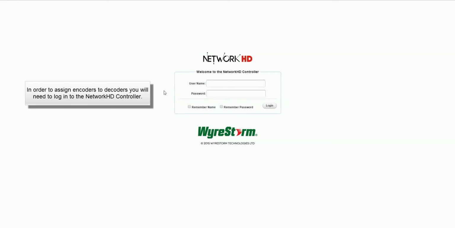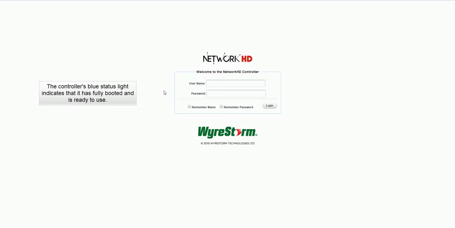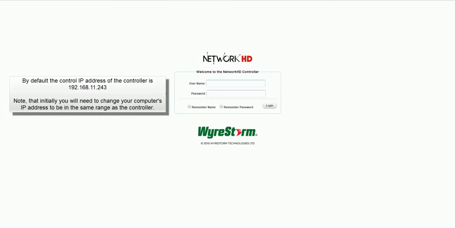In order to assign encoders to decoders, you will need to log into the NetworkHD controller. The controller's blue status light indicates that it has fully booted and is ready to use. In order to log into the NetworkHD controller, you need to open a web browser and type in the controller's IP address. By default, the IP address of the controller is